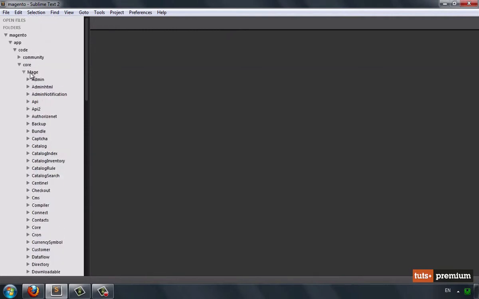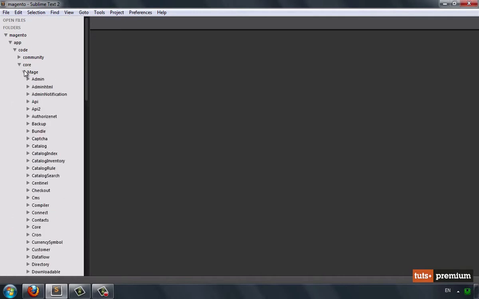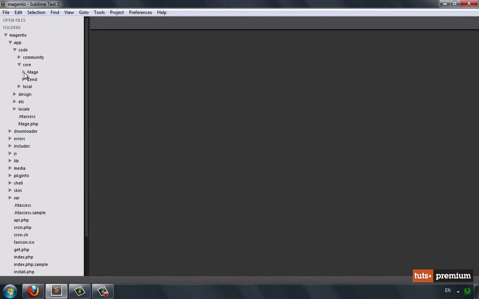one level up, we'll see that all those modules are stored under app, code, core, mage folder. In Magento world, a folder that contains modules is a namespace or package, and it represents the company or organization which developed the module. So we can easily conclude that every module under Mage namespace was developed by Magento core team. And now if we once again go up, we'll see that namespaces are placed within one of three folders: